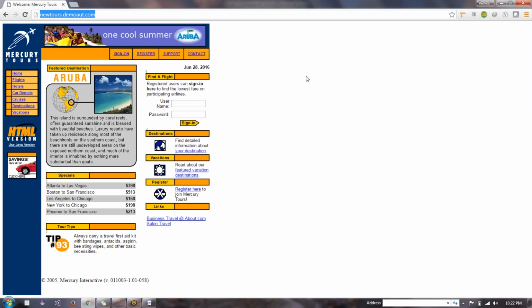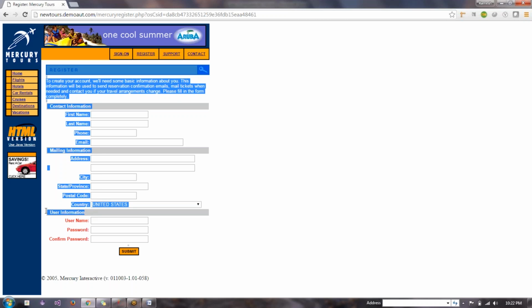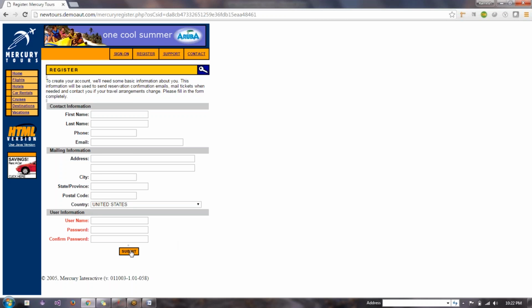Okay, I'm going to automate. Once I open this website, I can see a lot of links. I'm just going to register into this website. Click on this register link, and after that, I'm going to fill up all these details like contact information and the mailing information as well as user information. Then I'm going to click on the submit button. Once it is done,